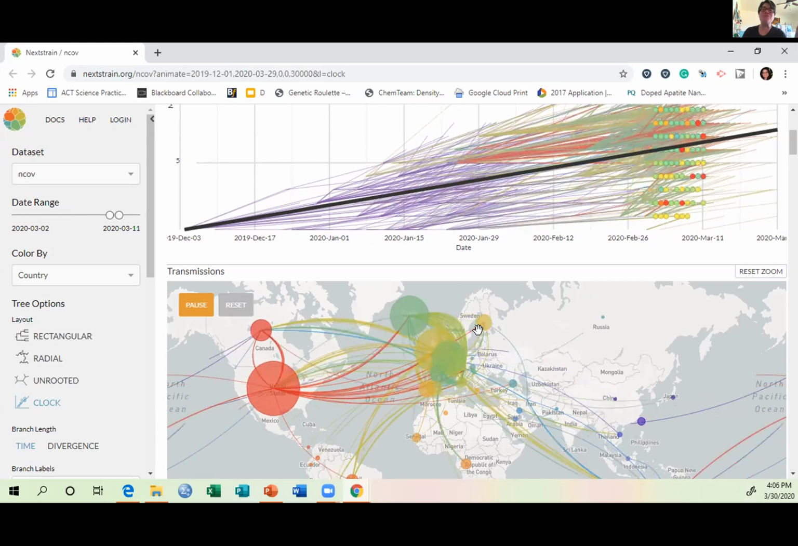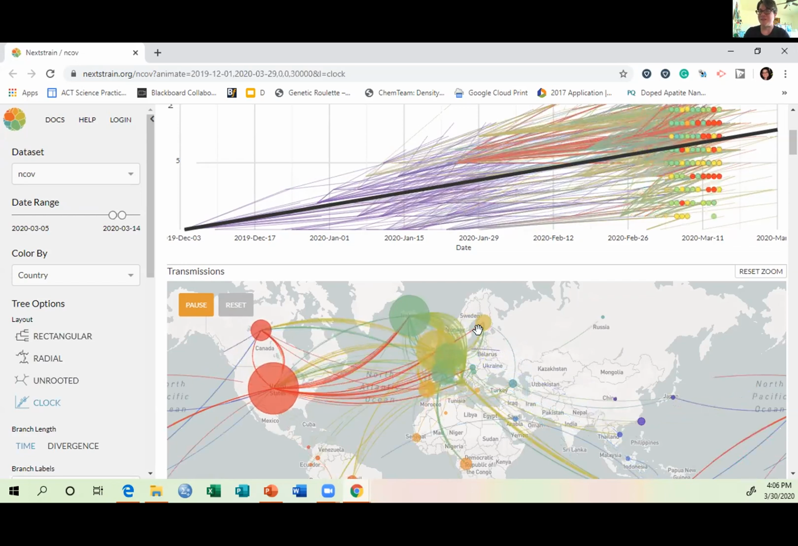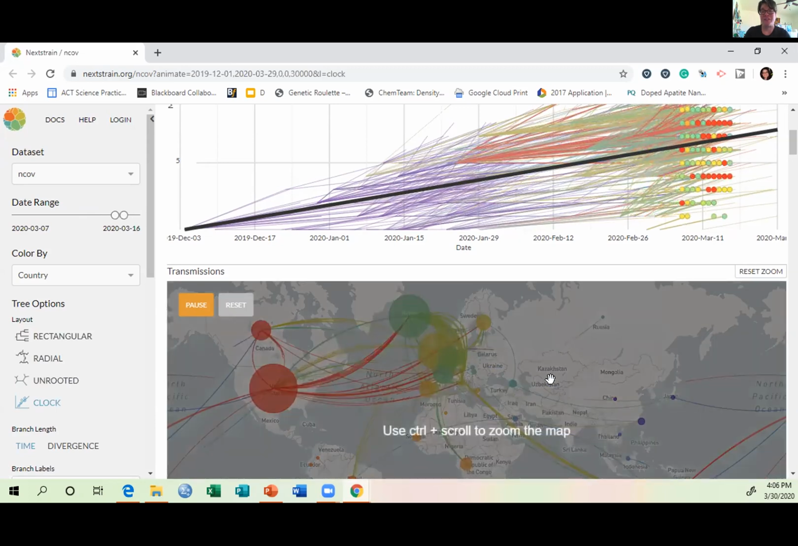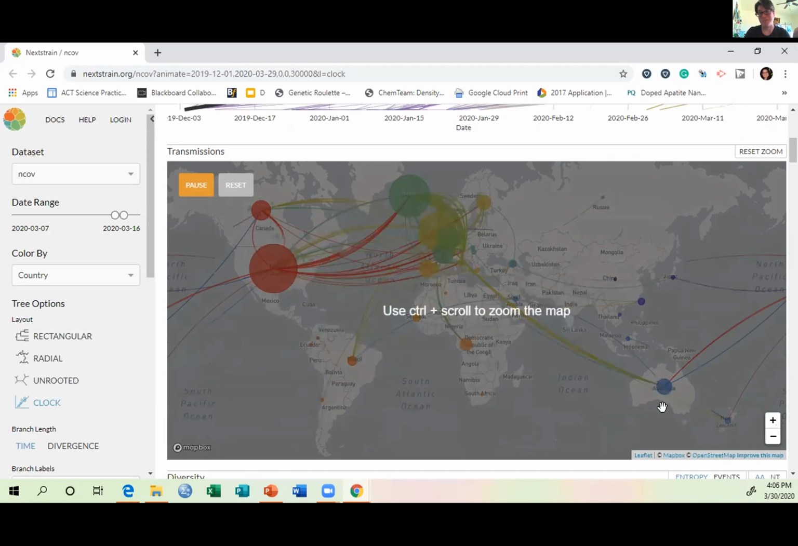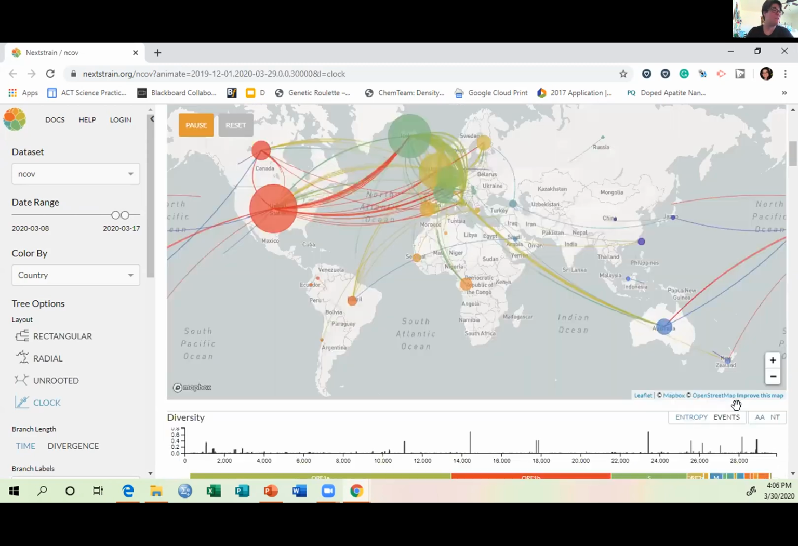And SARS and MERS went overboard, they made people too sick, and then they didn't cause a pandemic like this. And COVID-19 is a little different because it's very dangerous, but not as deadly as SARS and MERS, so it's going to cause a pandemic and change the way that we operate. So that's a really cool